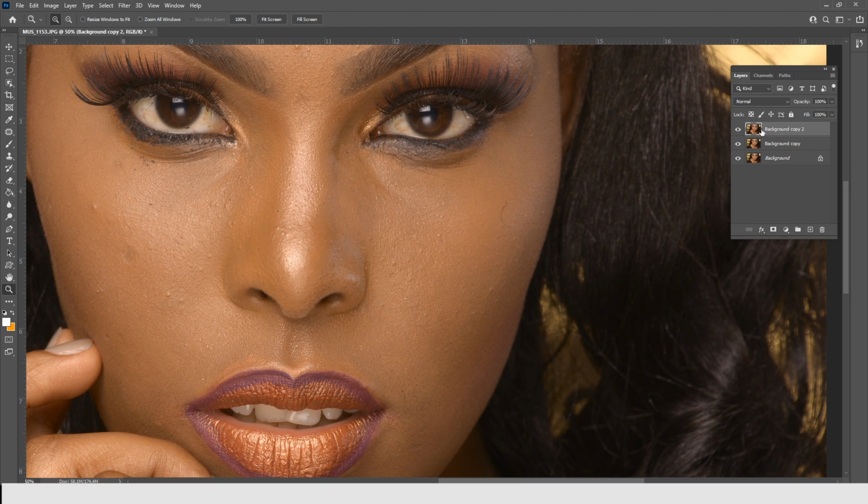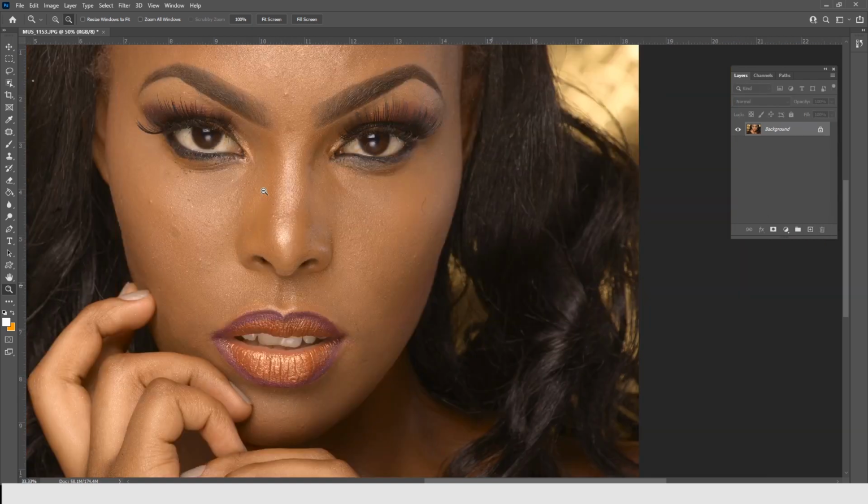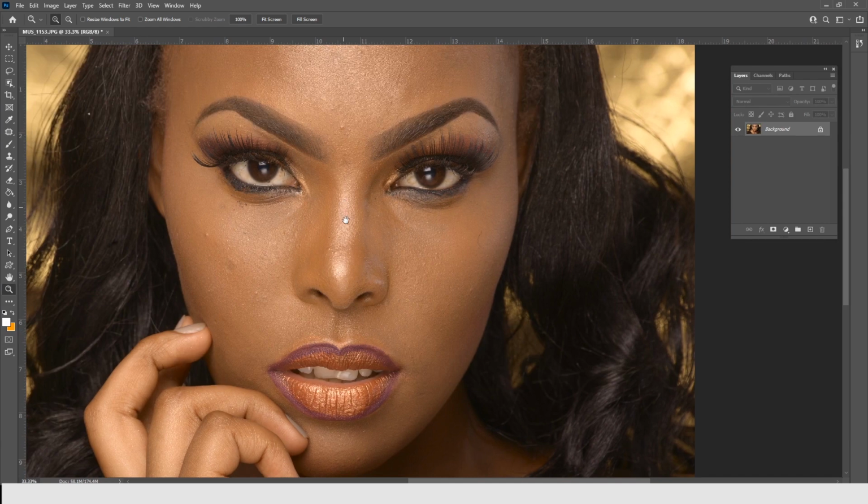This is going to be our texture layer, and this is going to be our color layer. So we're going to work on the textures and colors separately, but let's first delete these two layers, okay? And then we're going to come and let me just remove them. So the first thing we are going to do is what they call panel beating